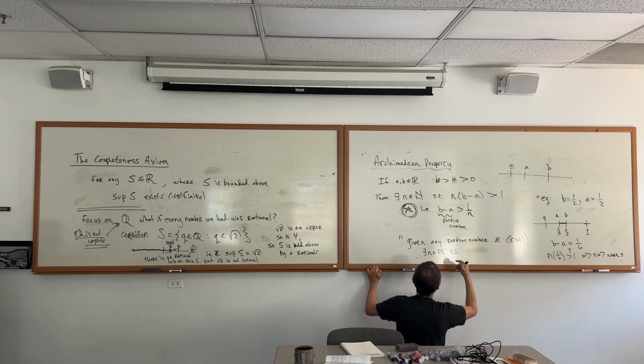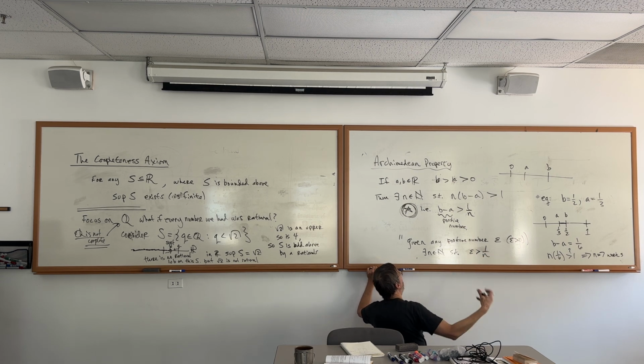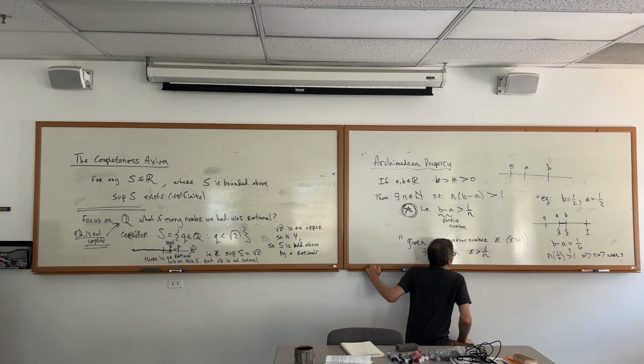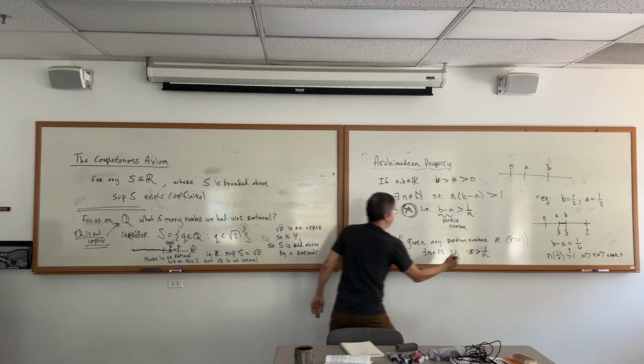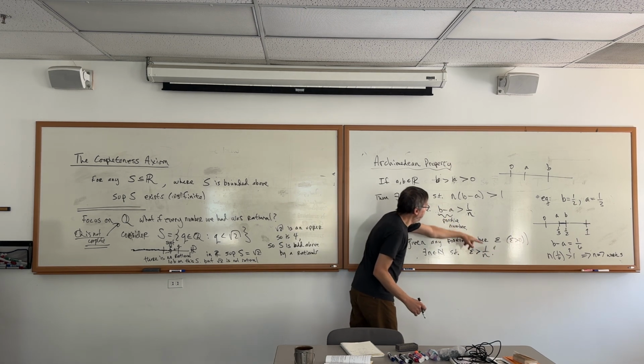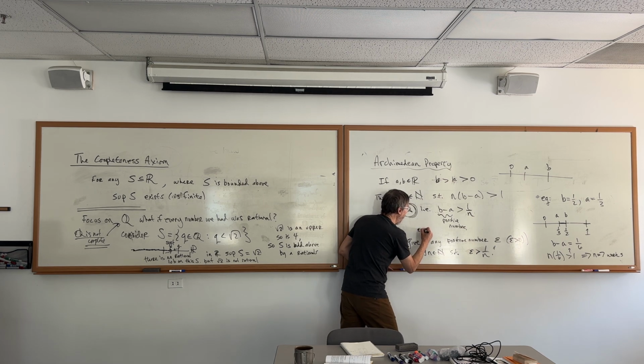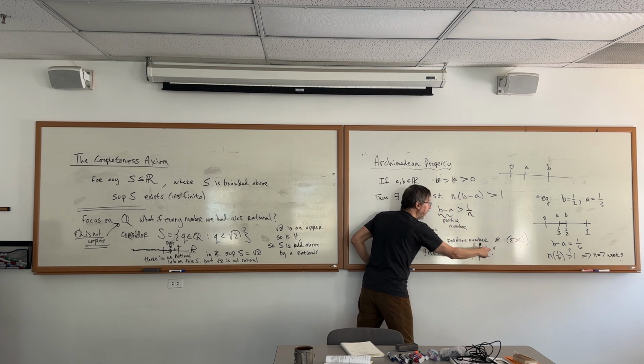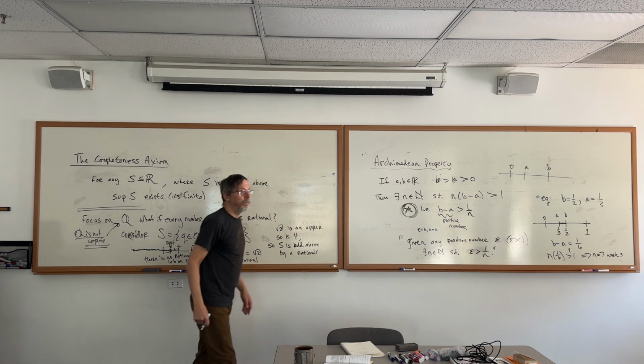I'm sure things feel so nebulous that you're not even sure. You're like, oh, it doesn't seem right, but I don't know, everything else is weird. So such that 1 over n is less than epsilon. I can always find a 1 over a whole number that's less than any number you give me. And how do you apply the Archimedean property to this? Just say epsilon is your b and 0 is your a, so that b minus a is this epsilon right here.